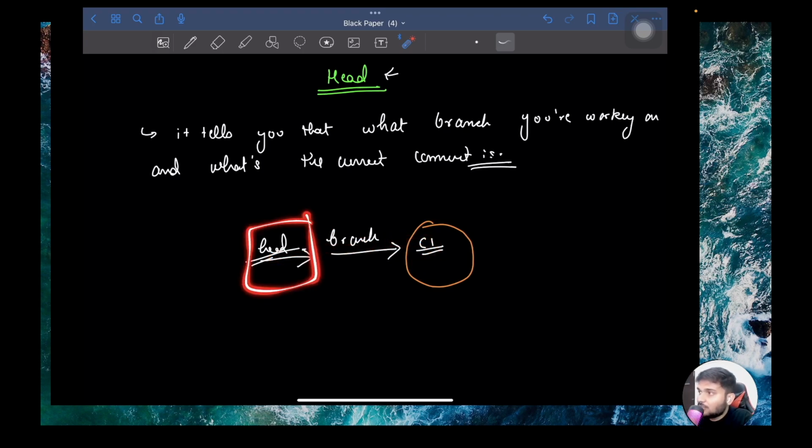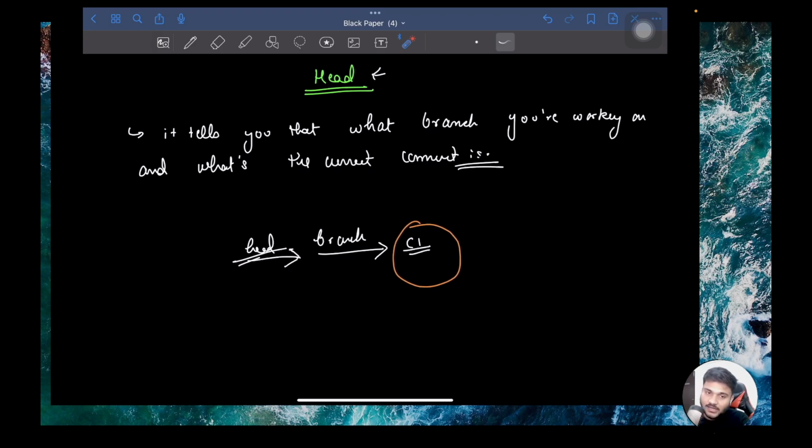Your head will start moving when you make a new commit to the current branch. Because the moment you make a new commit, your branch pointer also starts moving. And then if let's say you have checked out a new branch or you have created a new branch pointer, then also your head will move. So let's just see both head and branch in action, and let's see how both of them are actually going to move.